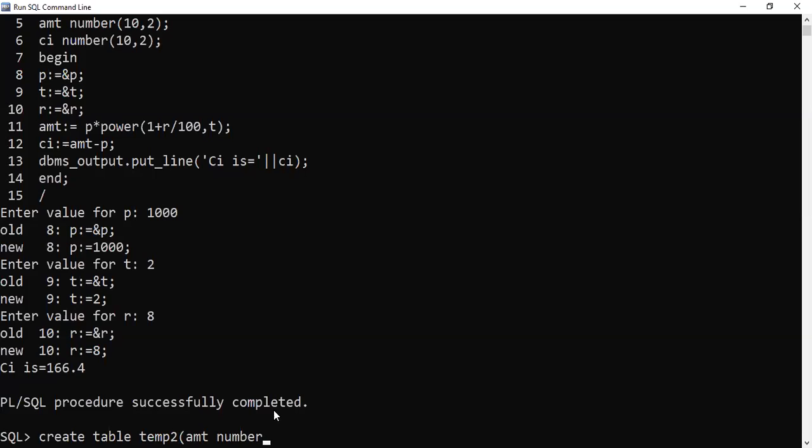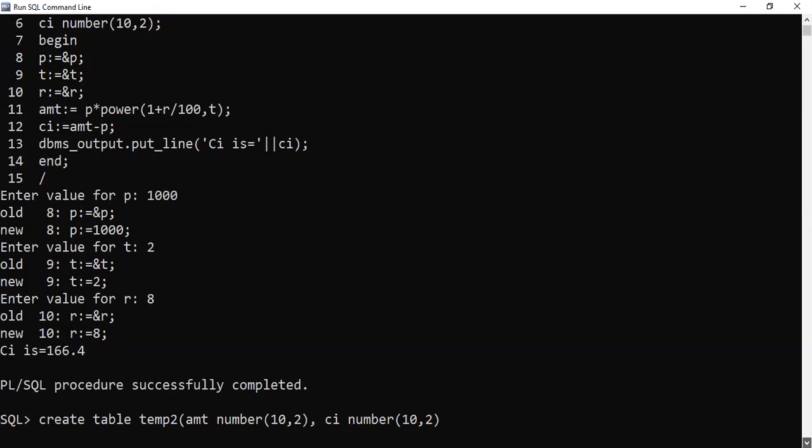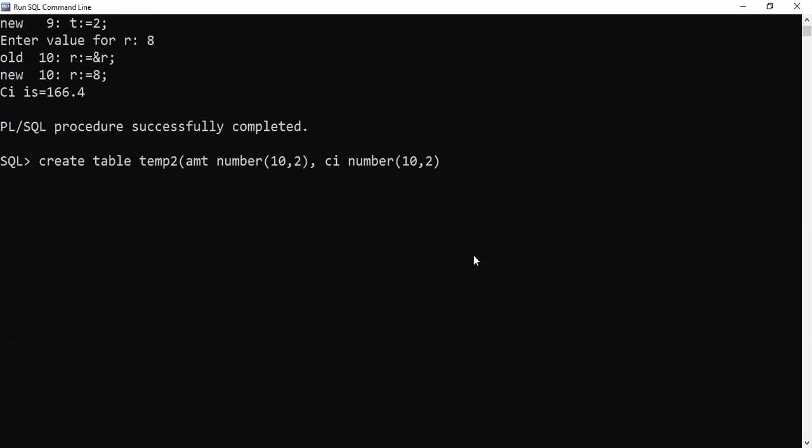Type number. But remember here I have to give the same size, 10 comma 2. This is my first field. Then second field is compound interest, CI. Again the same data type. What is the size we had given? 10 comma 2. So can you see this table creation statement, all of you? Yes, ma'am. Then both the fields are over, so I close another bracket. So table is created.